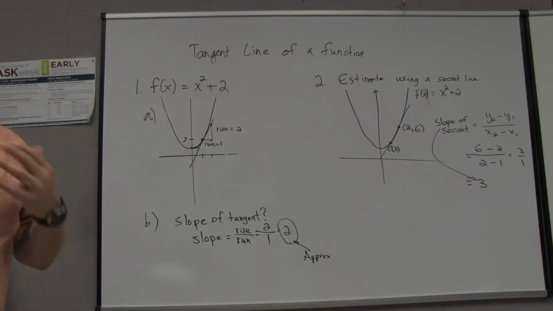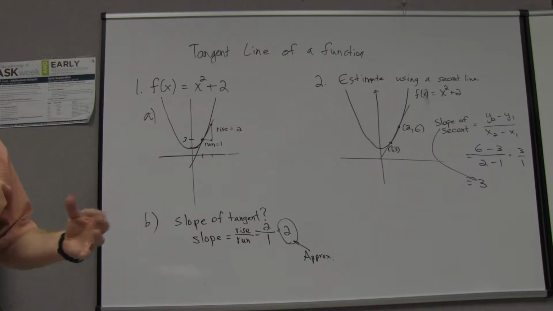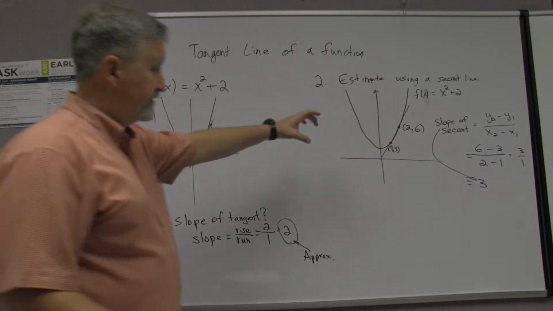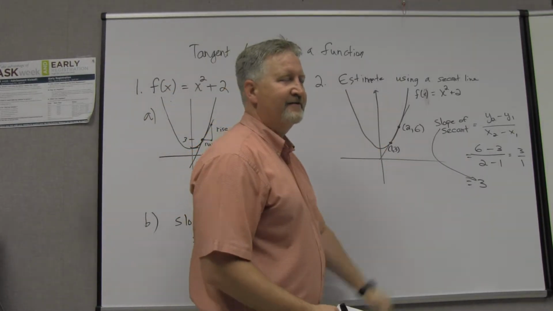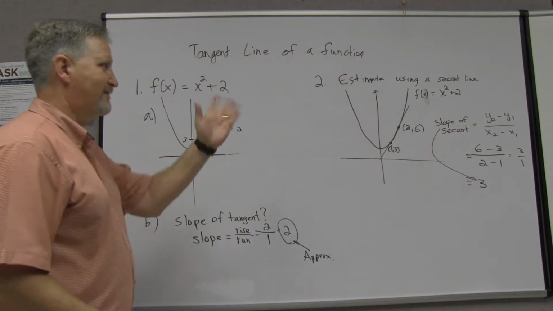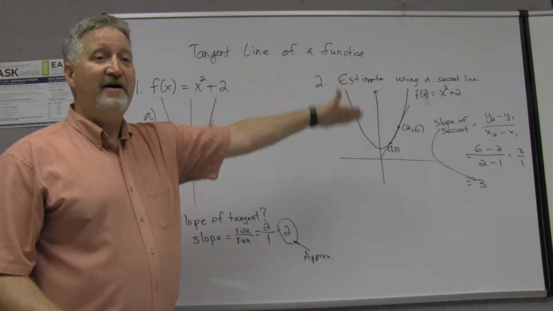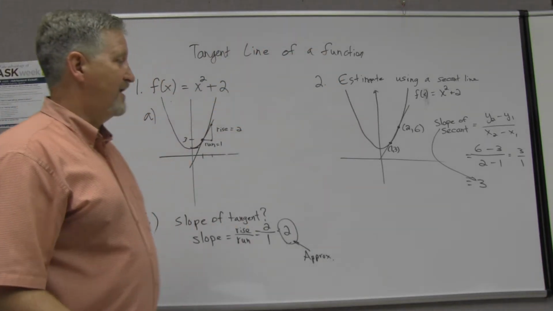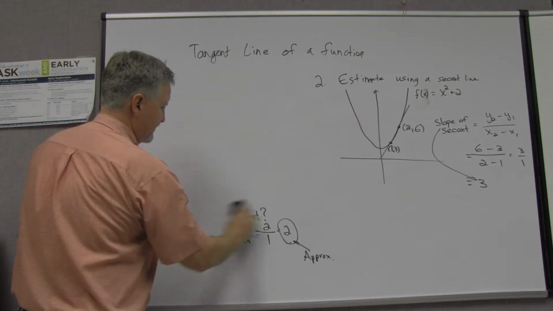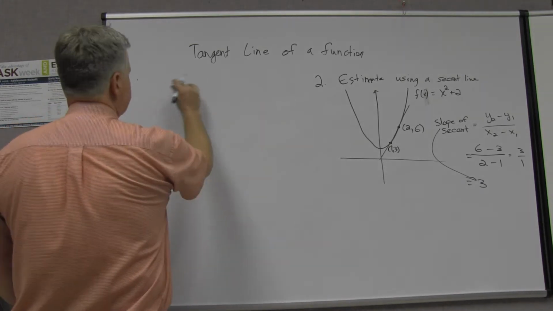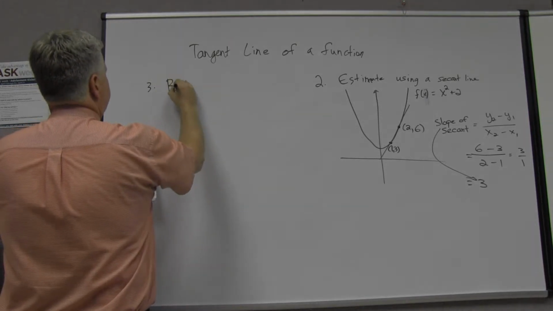That's maybe not a better estimate than the first one, but like I said, those two values, you know where those came from. It's not based on something you drew in there, so that's, I guess, what's better about that one. Now, how could we use a secant line and do better than that estimate, you think? Well, if we come here on number 3, a better estimate,